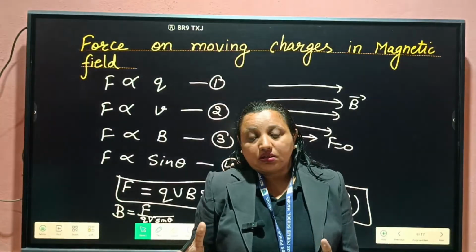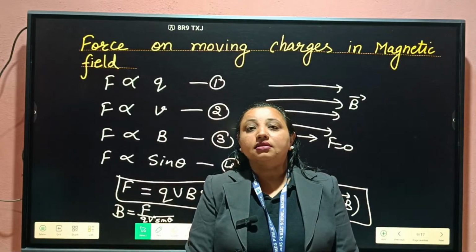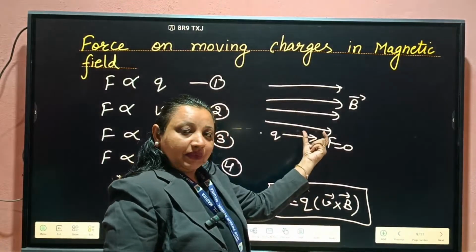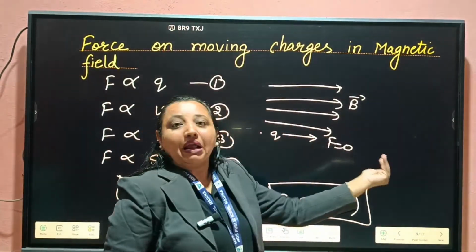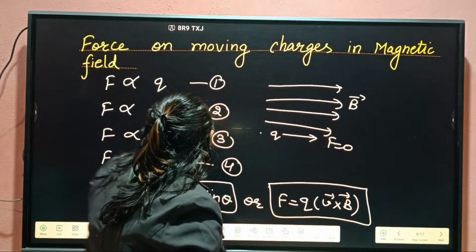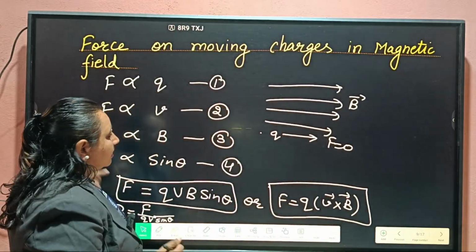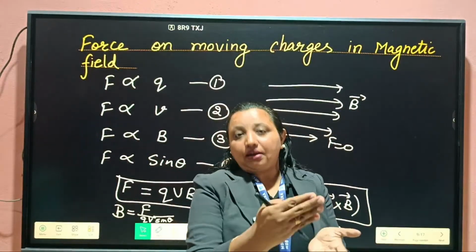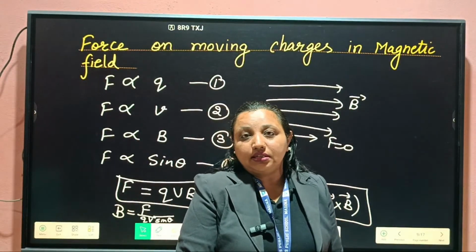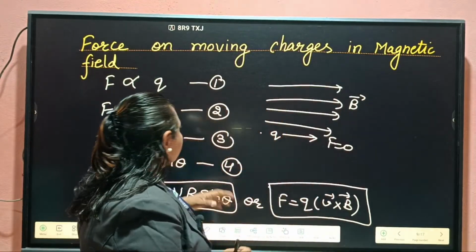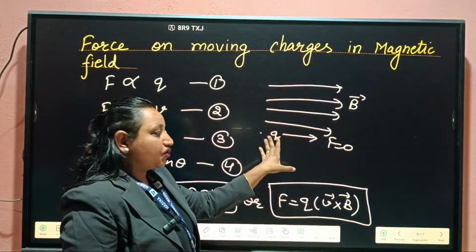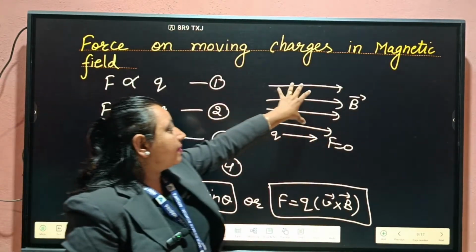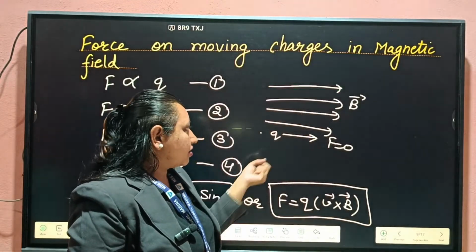When a moving charge which moves with velocity v enters a uniform magnetic field B, then what happens? This is the uniform magnetic field. There are several cases. The first case is if the charged particle enters parallelly, okay? Theta is equal to 0 degree, right? This is the uniform magnetic field, and this is the charge which enters it. So the force exerted by this magnetic field on the charge,